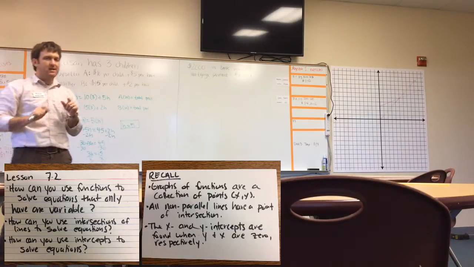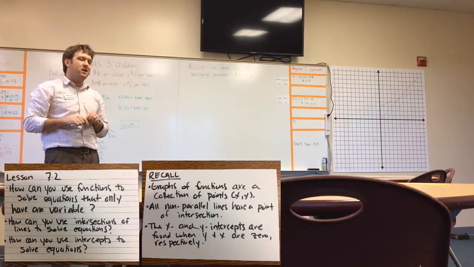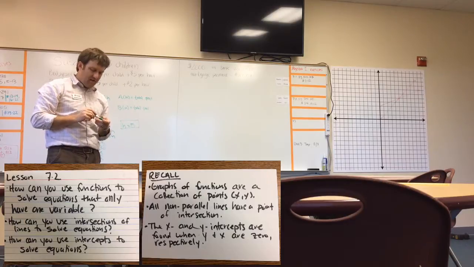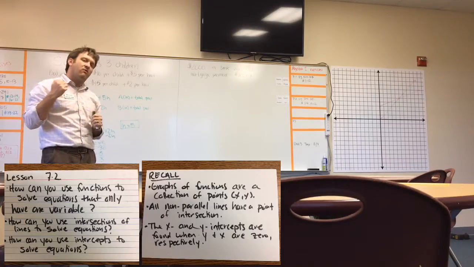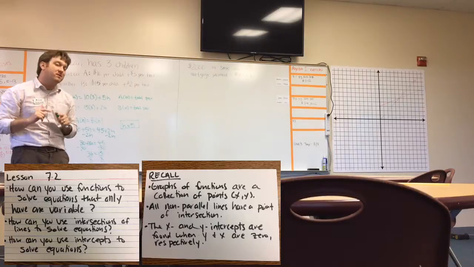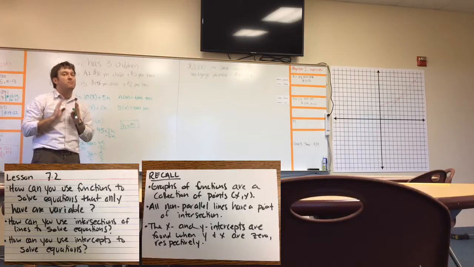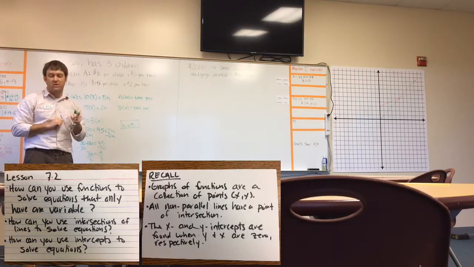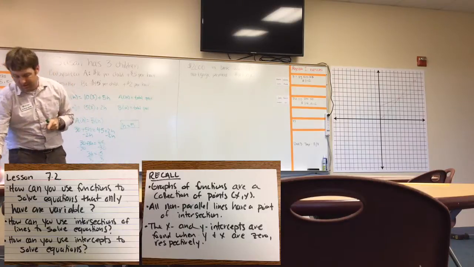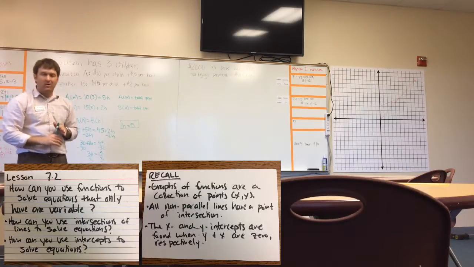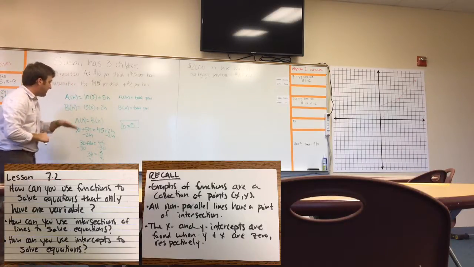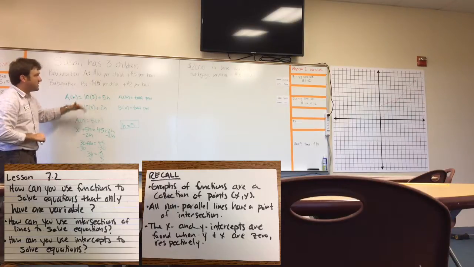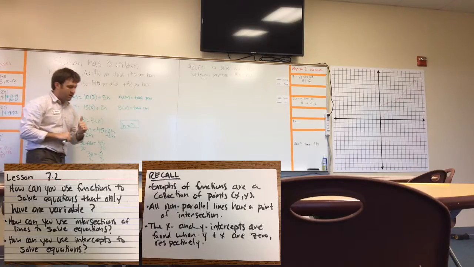So we find that babysitter A and babysitter B make the same amount of money if they babysit 3 children for 5 hours. So both babysitters would make the same amount of money if they both babysit 3 children for 5 hours. Okay? So what we did here was we found a place where these two lines intersect. Okay, so notice